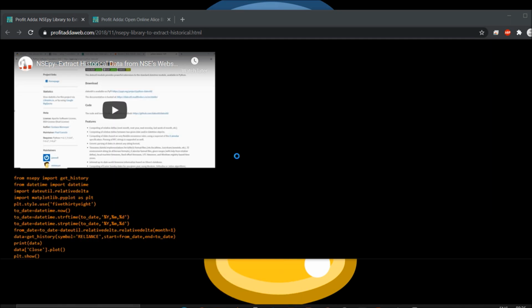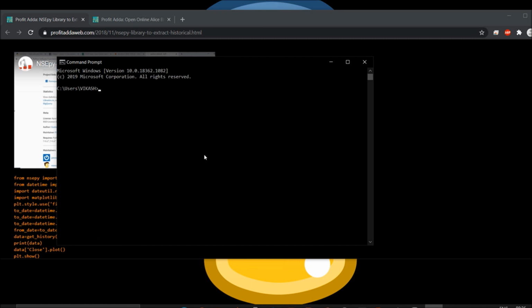Previously there were some 8 to 10 lines of code. Right now what I'm going to do is minimize it more and more, and we will go for a fewer-lines, simpler version and try to fetch this data.